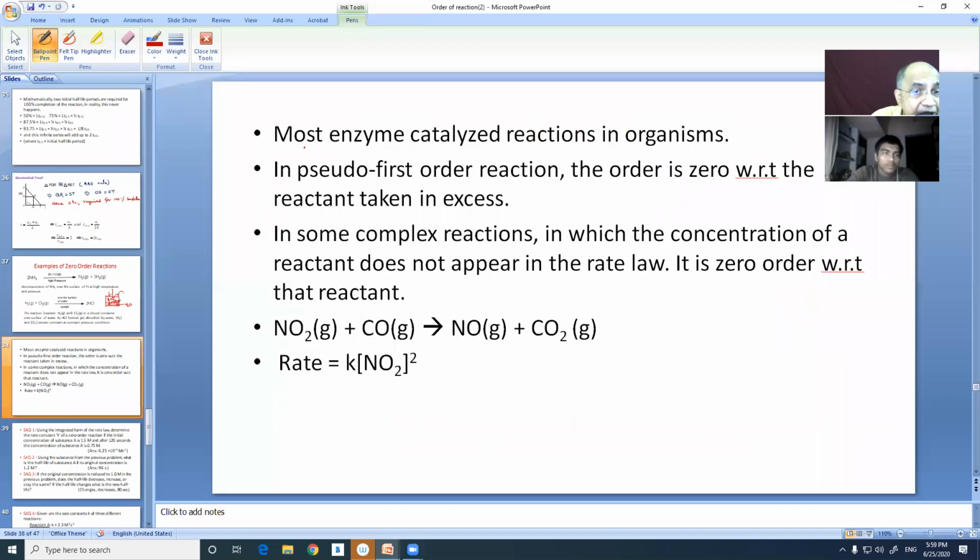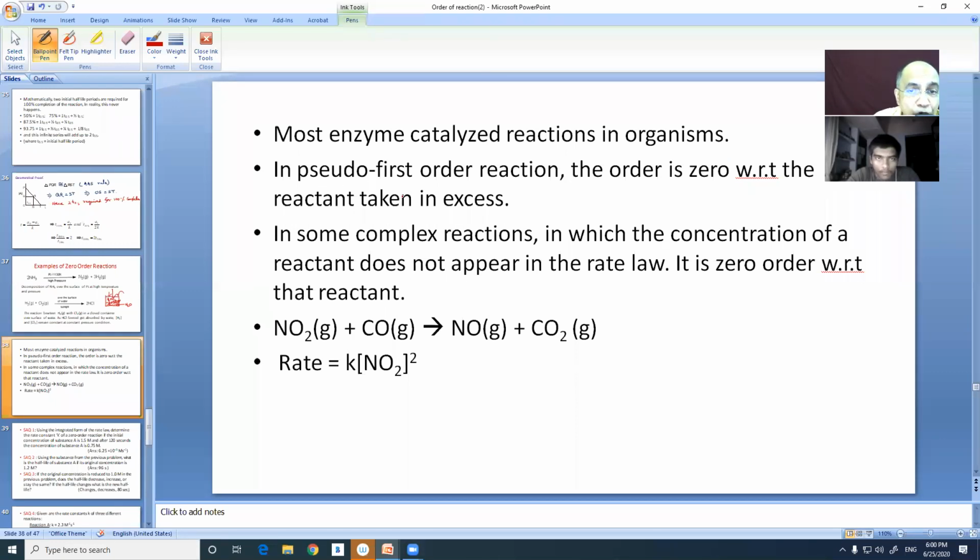Now the other interesting example is enzymatic catalysis. Most enzyme catalyzed reactions in organisms are zero order, because we shall see catalysis, the topic after this. We see that in enzymes there will be very well-defined cavities where reaction takes place, and the moment product is formed, it is expelled out. New reactant comes. So the same mechanism takes place as we understood for the decomposition of ammonia over platinum or nitrous oxide over nickel. Same type of things happen over the enzymatic catalysis.